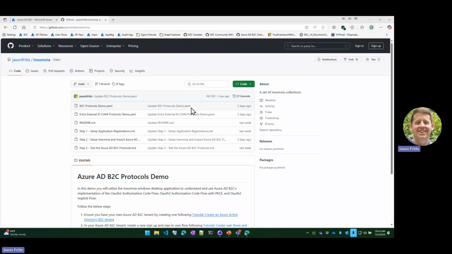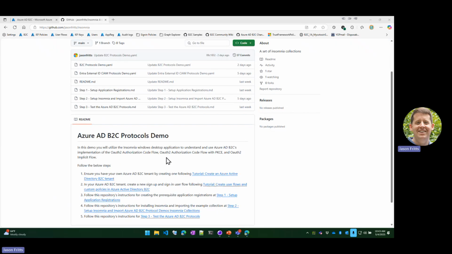Right, in this demo, I'm going to go over how to test Azure AD B2C protocols using this GitHub repository that I've created for testing with the Insomnia application. The URL is github.com/jasonfritz/insomnia, where you'll find the steps to set up Insomnia, as well as create a B2C tenant and user flows